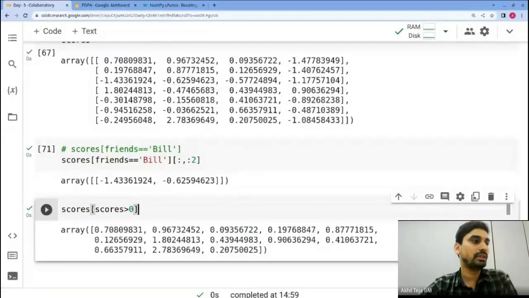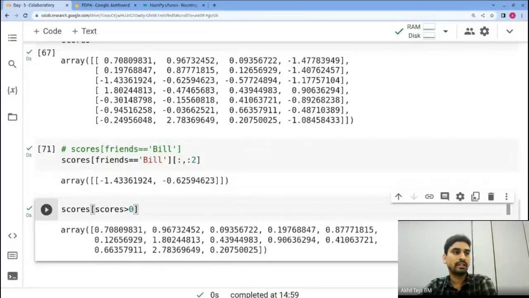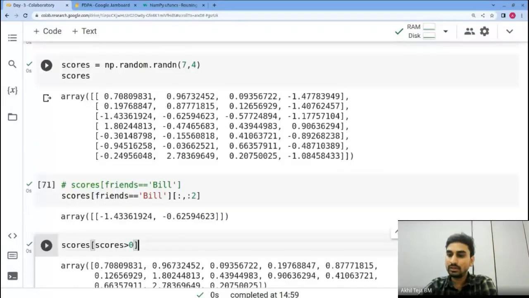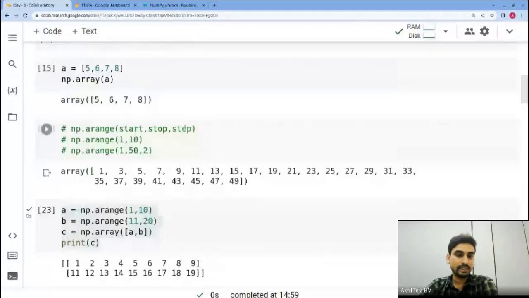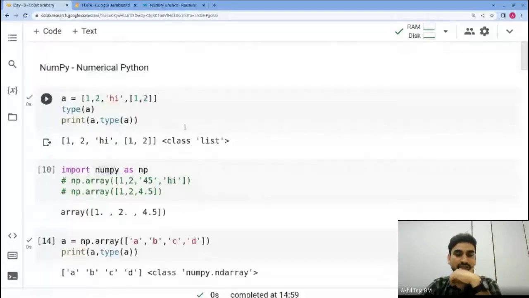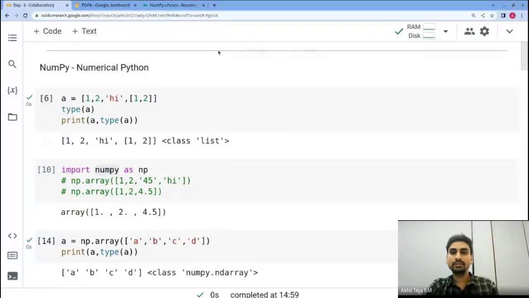So that must be good enough for you to understand NumPy. Yeah, that's all about numerical Python and arrays, guys. So this must be good enough for you to understand what an array is and how we apply NumPy things on top of arrays. All right, so now we're moving on to the next library,